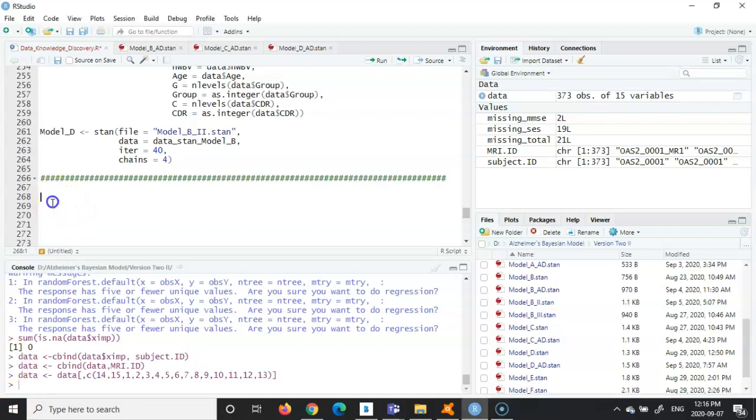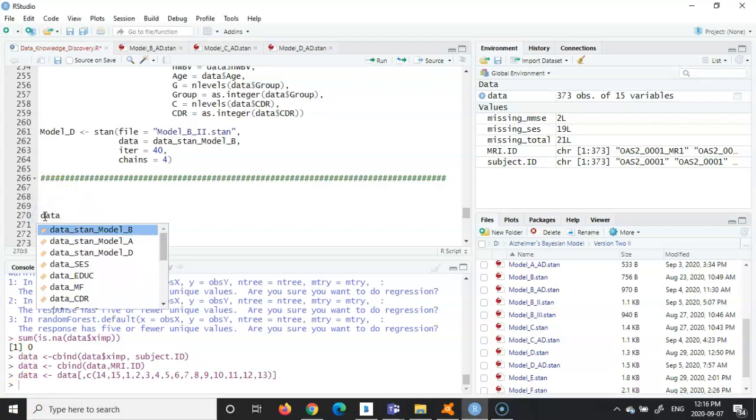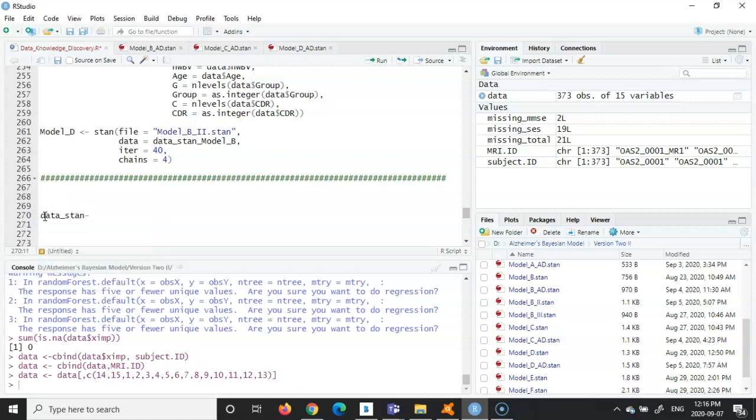Another thing is that I'm going to create the data itself. I'm going to call that data stand. I'm going to call that model. We have been able to go all the way to the model D. I'm going to call that model E